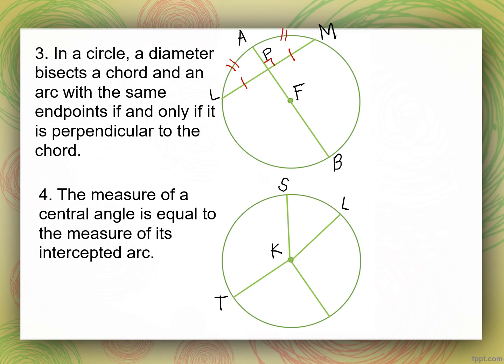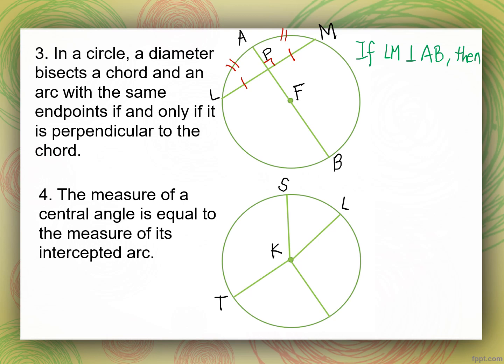Okay, so again, if LM, which is a chord, take note, is perpendicular to AB, so just remember that one should be a chord and the other one should be the diameter of the circle. Then,